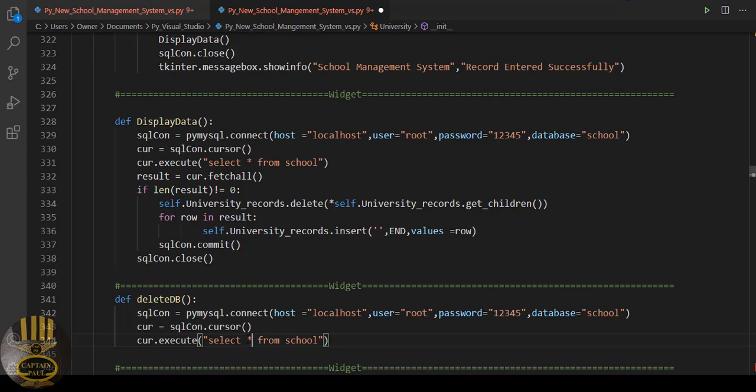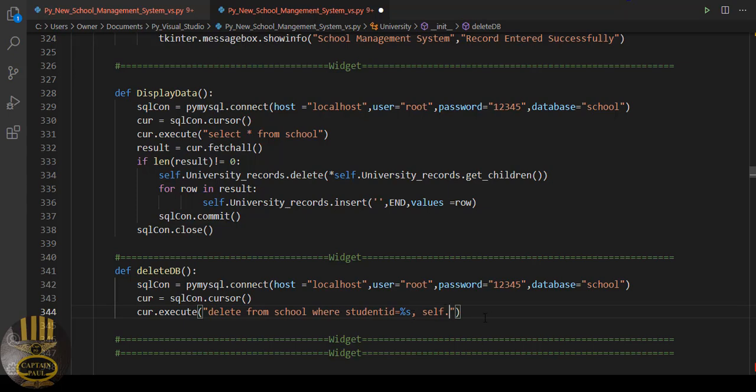And let's use MySQL here, so that's going to be delete from school, where student ID equals there. All right, and comma,